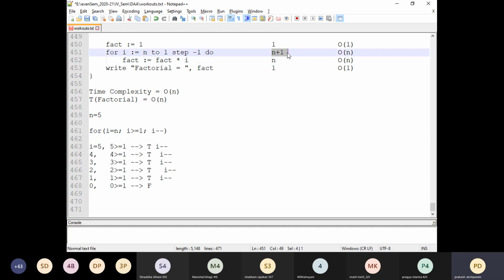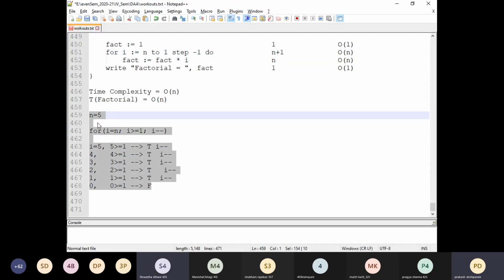We may get n plus 1, n plus 2, n plus 3 or n plus 100 also. Right? But the instance characteristics power we need to look into. The instance characteristics power is 1, so it is a linear function. Linear function means it becomes big O of n here. Understood now? Yes, sir. Thank you, sir.